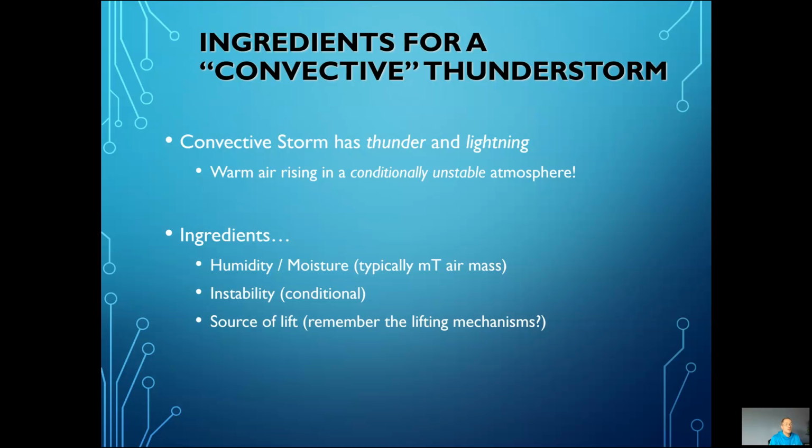A convective storm is one that simply has thunder and lightning. That's how we're going to define our thunderstorms. We're looking for a scenario in which we have warm, moist air rising upward in what's known as a conditionally